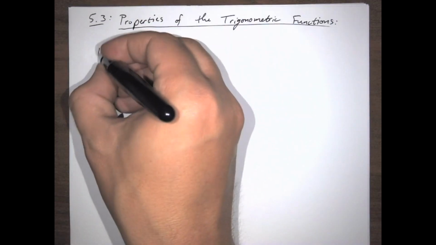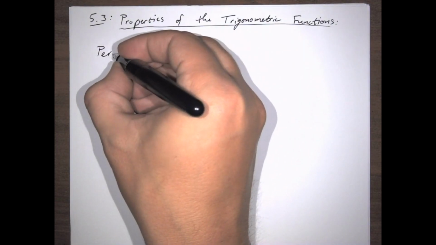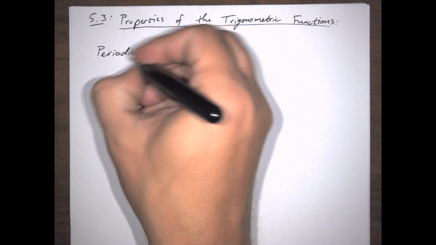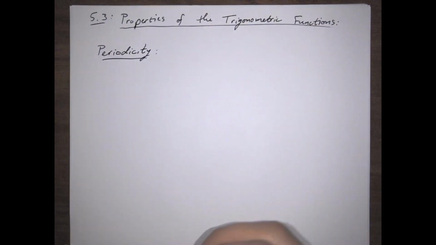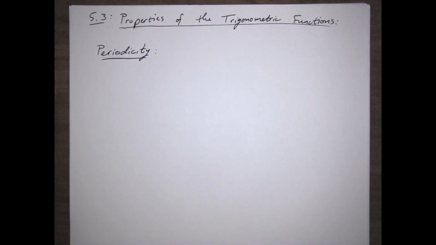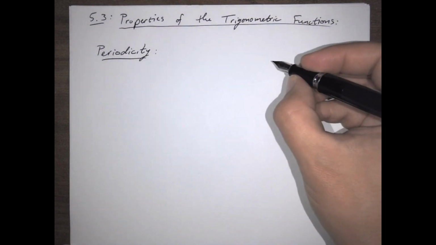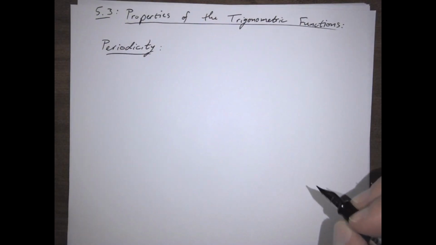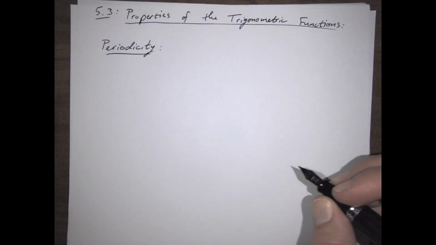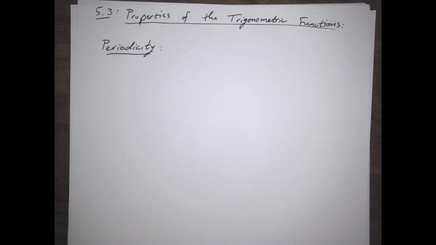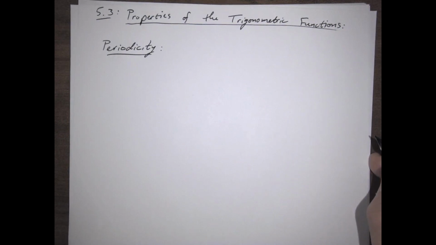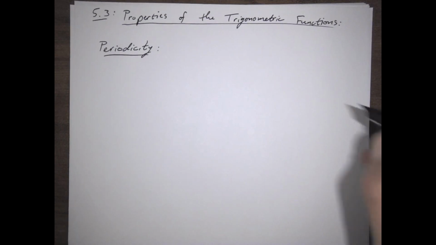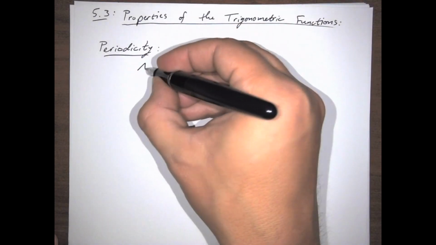Alright, first, let's talk about a property called periodicity. Since the trigonometric functions all have to do with the coordinates of points on circles, as we go around and around the circle, obviously things get into a little bit of a loop. And that's what periodicity refers to. So a function is periodic